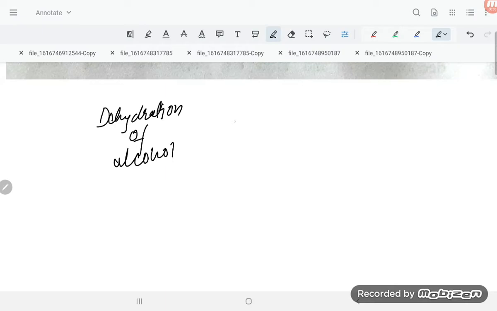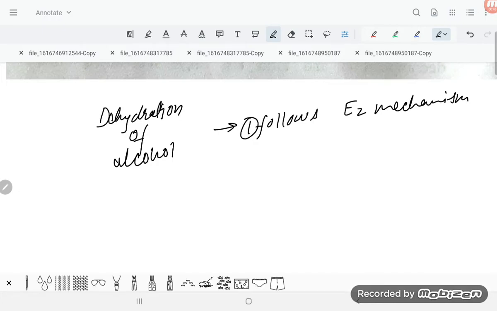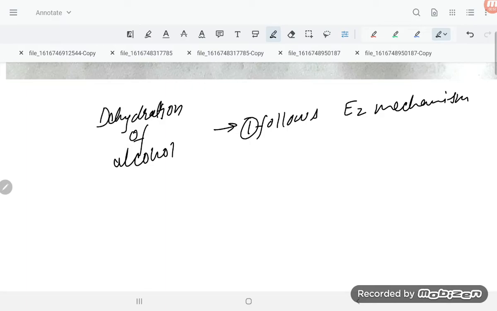this is what follows the E2 mechanism. The first point you have to keep in mind is the E2 mechanism. What is the second point which we have to keep in mind? That is carbocation formation. Second point, carbocation forms,